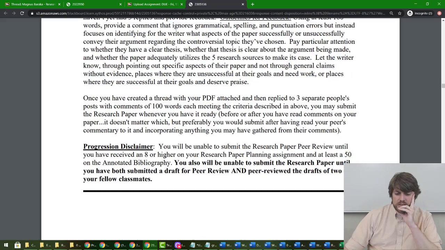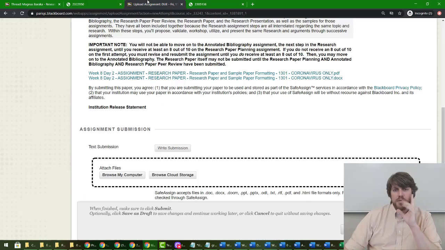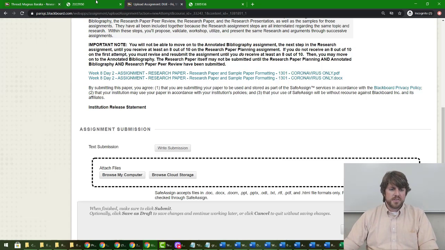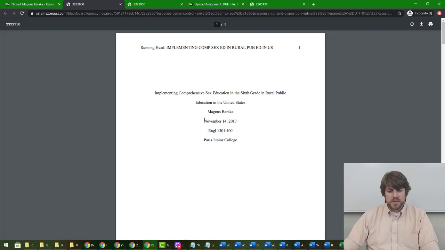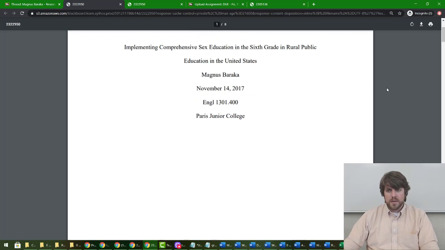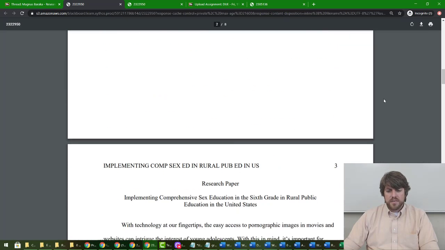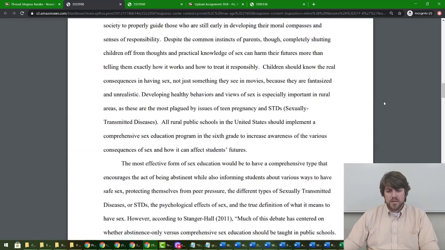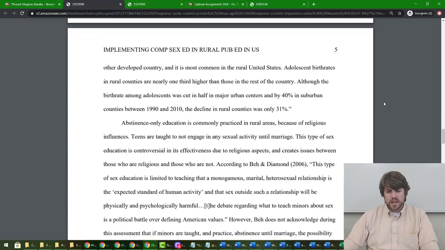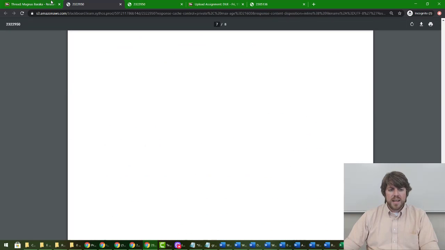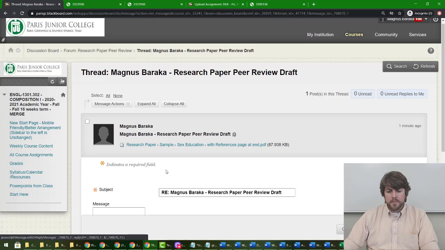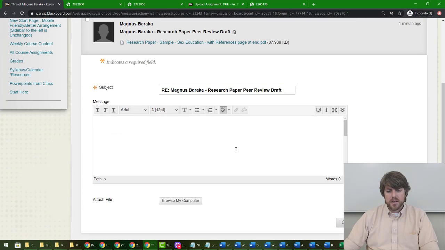So what I'm going to do is go over to Magnus Baraka now and do that as though I'm a person who is submitting to him. So like, oh, look, I found this paper. So let me go and hit this link, which when I do, it opens it over here and I can read through his paper like I was talking about before. I look at the stuff and I see his abstract and I read the paper and I go, oh, okay, that's interesting. Oh, that's cool. Yeah, I like that. Nice work. Oh, good job. Then I come back over here and I hit reply. And I will say to him,